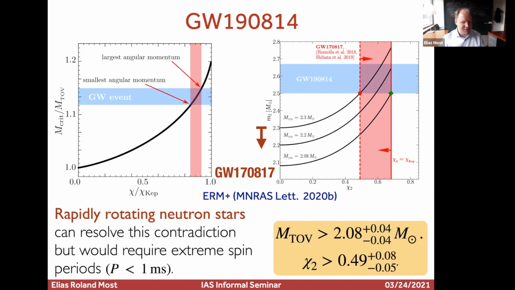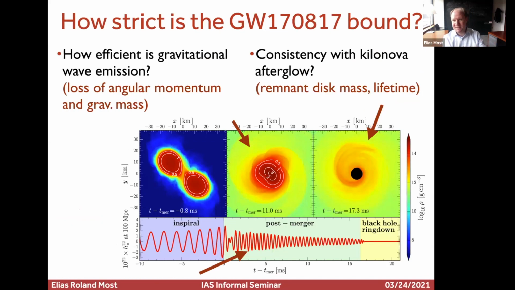And so the obvious question then is, okay, how sensible, because it all hinges on the assumption that the maximum mass is limited to 2.3 based on 1708-17. So the question is how sensible is that? There's a recent work that we've done and that got published, I think, last month, where we basically asked the question, how far can you push it? How far can we relax the assumptions that went into the simple back-of-the-envelope estimate? There are basically two questions that we need to ask. One of them is, how efficient is gravitational wave emission? This hinges on the point that Carolyn was making: do I lose enough angular momentum? Or better said, the question for us is, can I lose even more angular momentum? Because that turns out to be beneficial if you want to have higher masses.